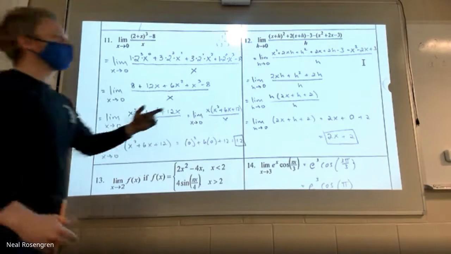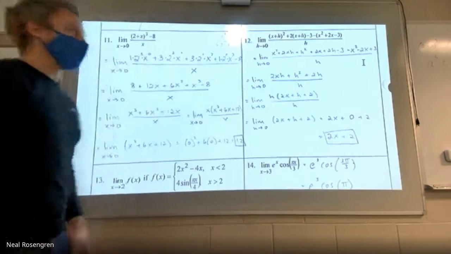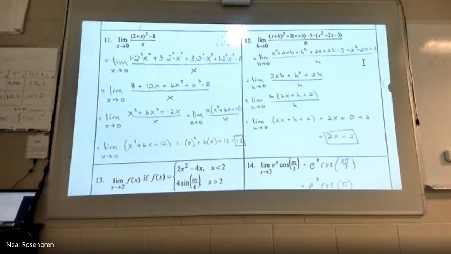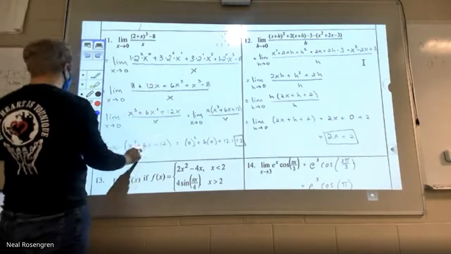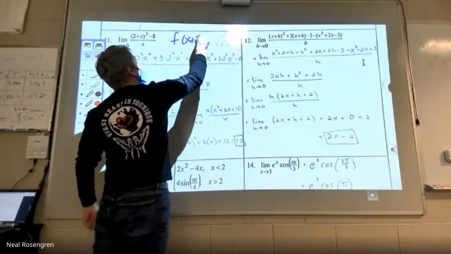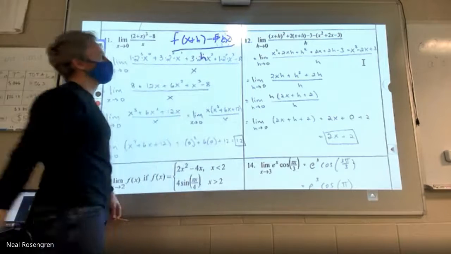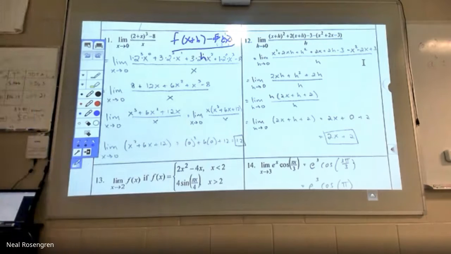But I can't do that yet because I'd be dividing by 0. So I have to figure out a way to hopefully get to a point where I can factor out h and divide it away. And that's what we did in pre-calc. It was like chapter 1. They snuck it in on us and said, okay, let's just try this. It was f of x plus h minus f of x, all over h. That was the difference quotient.